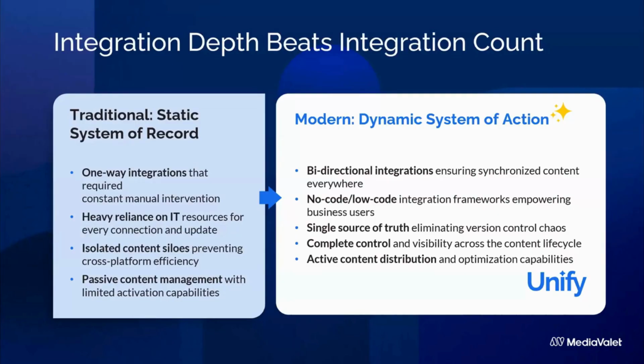Sometimes a vendor may show a really long list of integrations. So you'll see lots of logos in a slide or in a list, 100 or more sometimes. And the implication is that that's more value, right? The more you have, the better you're going to get. And I'd really push back on that concept because what matters is not how many integrations you have, but how